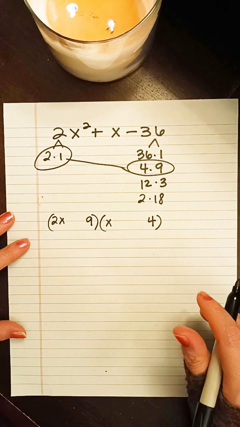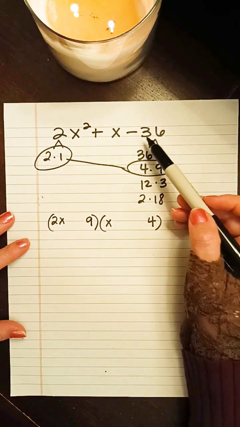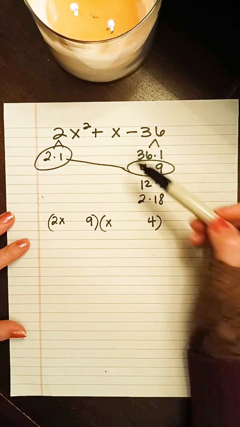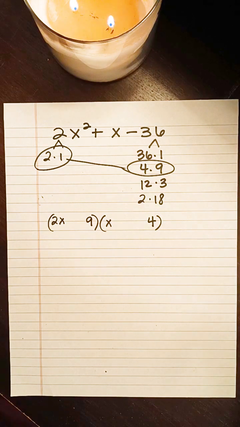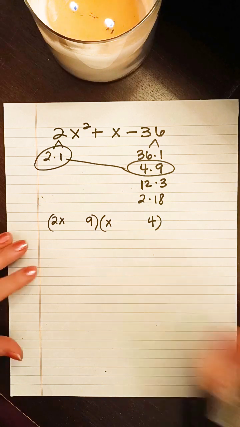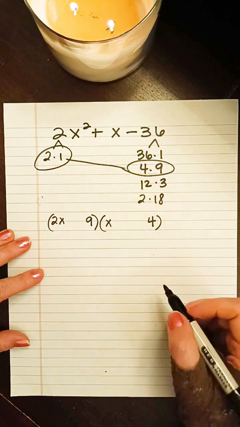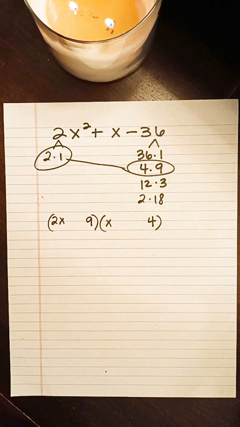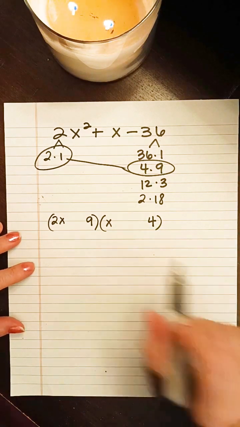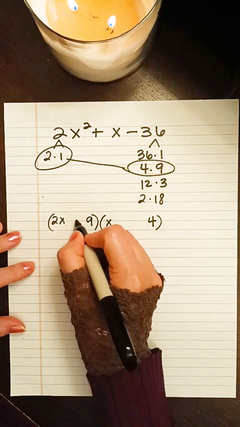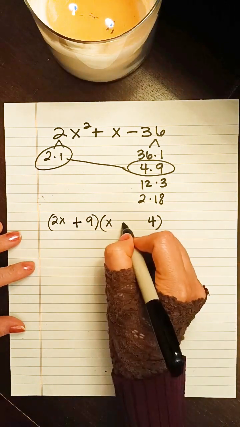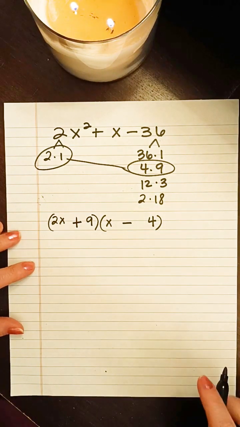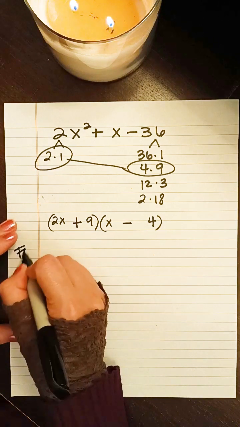Okay, so now I have to worry about signs. I need to multiply 2 numbers to get a negative number. So in order to do that, they both have to be different signs. One has to be plus, one has to be minus. And then they need to add or subtract to get a positive 1. So if one sign has to be positive and one has to be negative, and I want to get a plus 1, I want my larger product to be positive and my smaller to be negative. So if we FOIL to check,